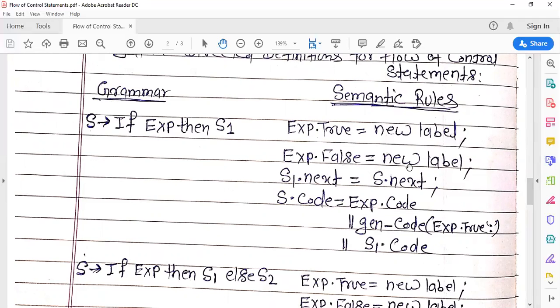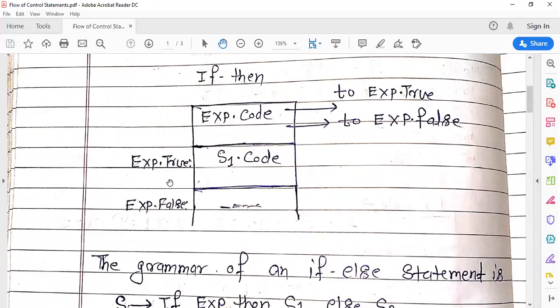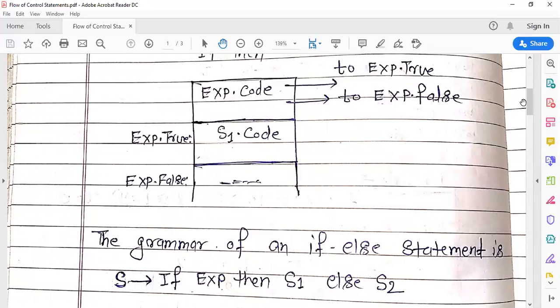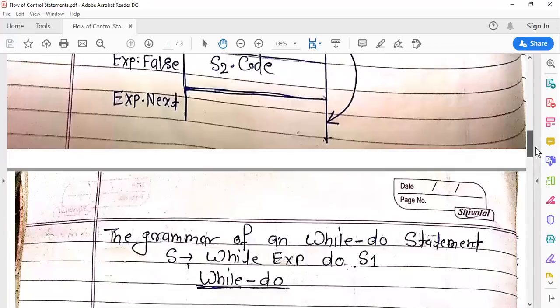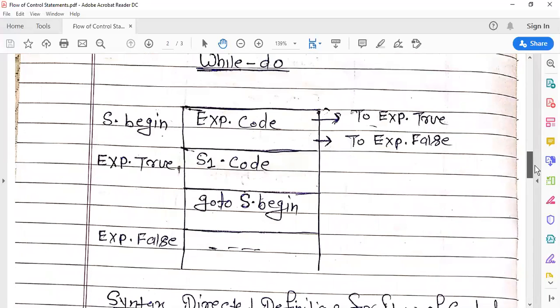Exp.false is equal to new label. Again, a new label will be generated, and that label is called exp.false. One label is for the exp.true statement, as you can see in the block diagram. Exp.true has one label, and exp.false has a different new label. Label means the address of that particular instruction.